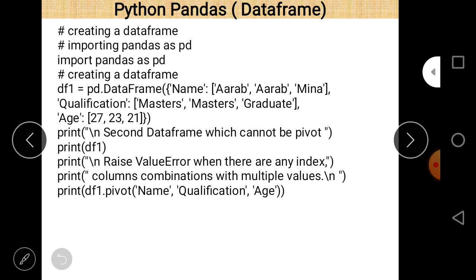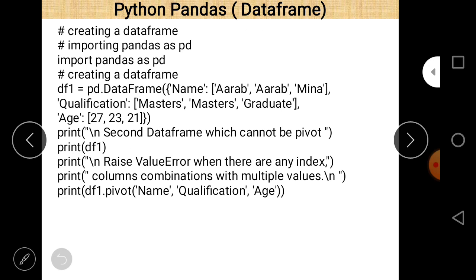When we look at these values, you can easily see that Arab is repeated 2 times, and the qualifications are again masters, graduate, masters are again repeated, and ages are 27, 23 and 21. So basically name, qualification and age are the column names, and then there is a print statement, "second data frame, which cannot be pivoted".